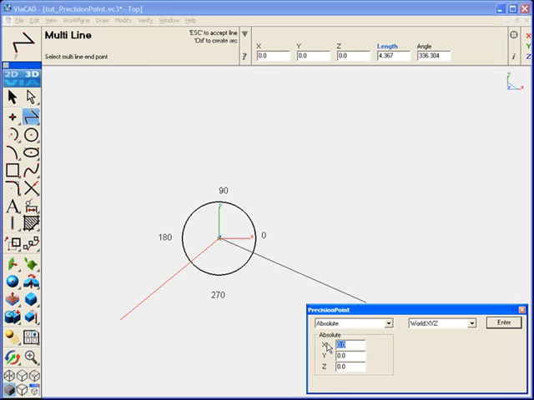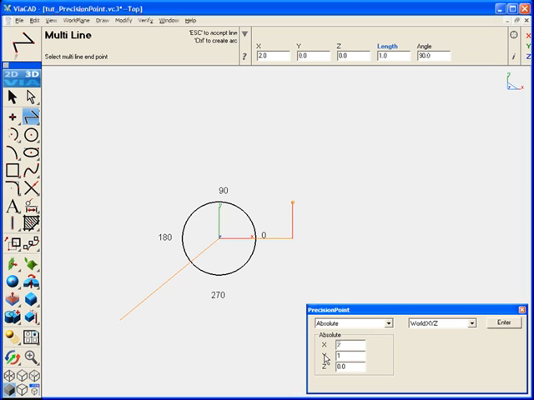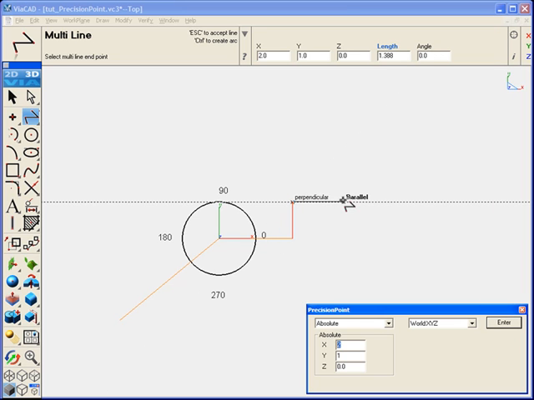Starting at the origin of the drawing, for X, we'll plug in 2, so it draws 2 inches over from the origin. If I want to go up from that point, remember this is all absolute coordinates, so it will still be X equals 2, and in this case Y equals 1. To move over to the right, this is a change in X, so Y remains 1. It's still 1 up from the origin,